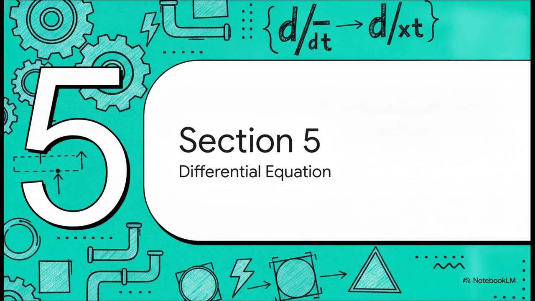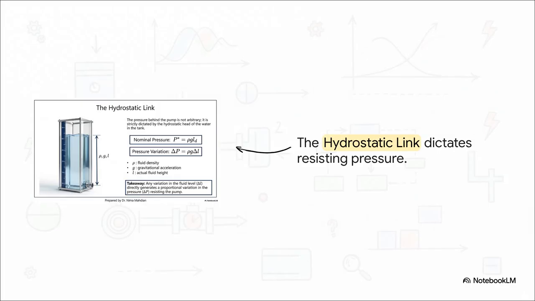Section 5, assembling the differential equation. We need one final puzzle piece to connect the tank back to the pump. Visualize that rising column of water in the tank again. As that fluid level rises, it pushes down, creating a direct hydrostatic pressure against the pump that's trying to fill it. We call this the hydrostatic link. The pressure variation, delta P, is simply the fluid density, rho, times gravity, g, times the actual level variation, delta